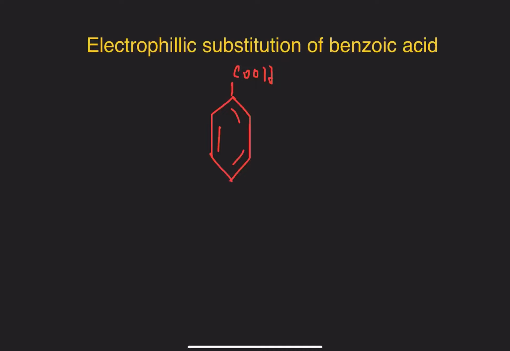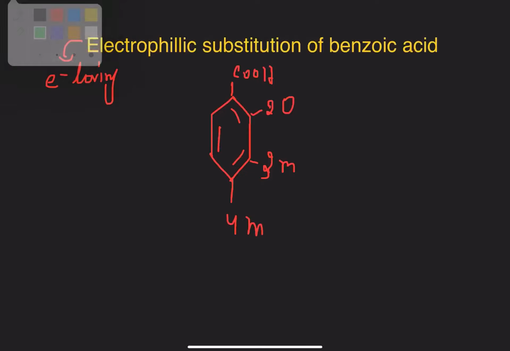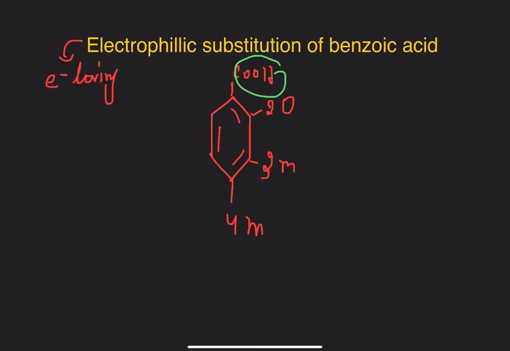Whenever we talk about electrophilic substitutions, you should keep two pieces of information in mind before going to the reactions. An electrophile is a species which will attack electrons, negative charges, because it is an electron loving species. Secondly, where the electrophile will attach, whether at number 2, the ortho position, 3, the meta position, or 4, the para position, depends upon whether the group attached to the benzene, which is the carboxyl group in this case, is an ortho para directing group or a meta directing group.